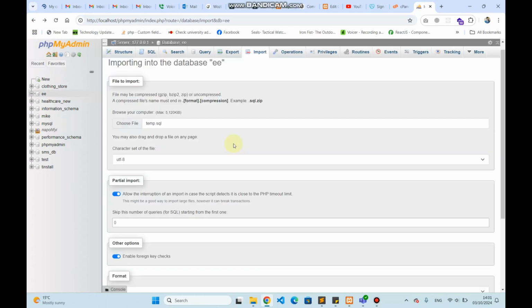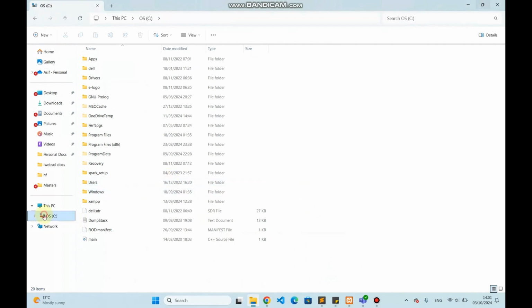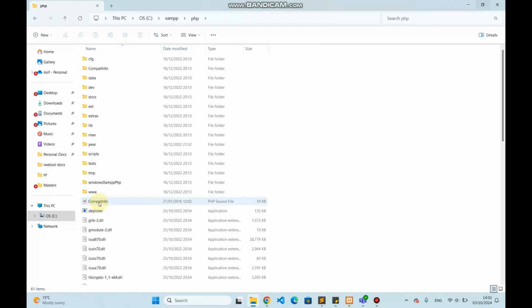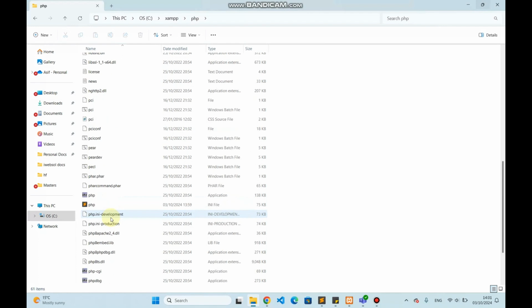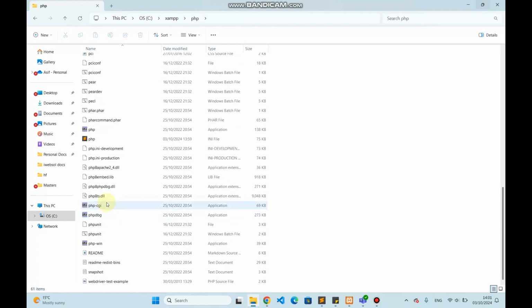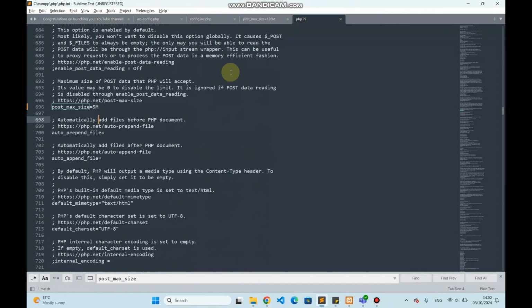To increase this limit, first of all I recommend you go to the C directory where XAMPP is installed, and here you have to go to PHP, and find the php.ini file. Okay, there is the configuration from where you can increase the file size. So this is the php.ini file. If you open it here you can see